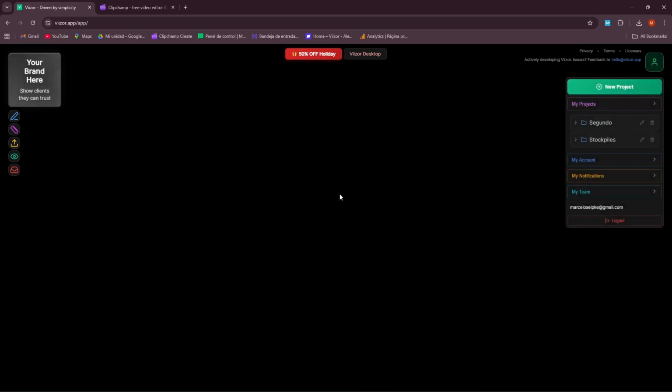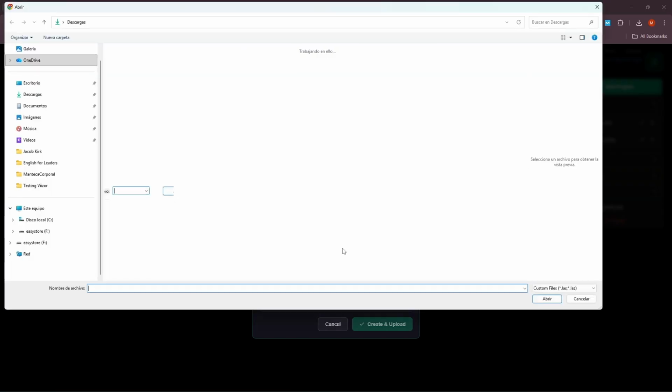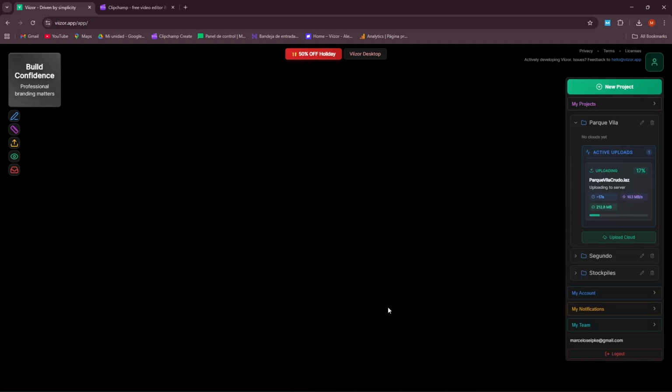Alright, once you're in your account, we're going to create a new project. Click on New Project, give it a name, and then browse for one or more point cloud files in LAS or LAZ format. Projects in Viizor can handle one or multiple point clouds simultaneously, which is ideal for monitoring earthworks